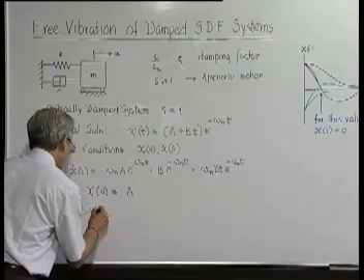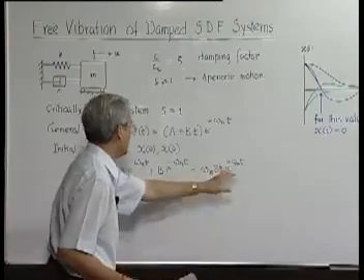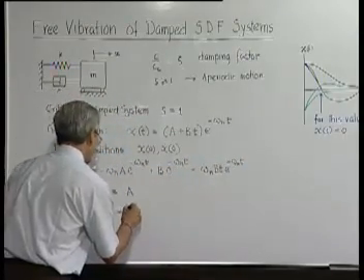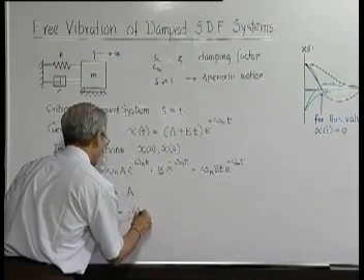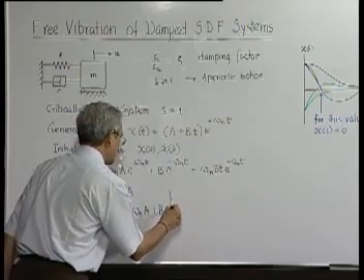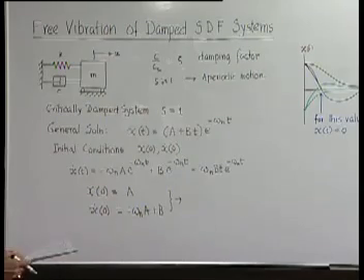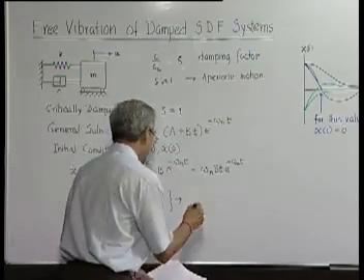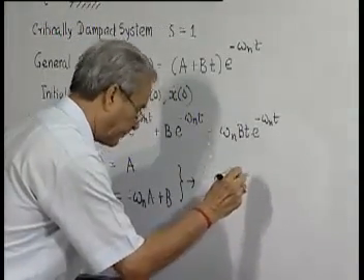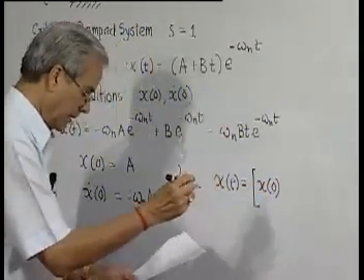And x dot 0, when you put t is equal to 0 here, this term goes, this becomes b, so it will be b minus... so these two equations can be solved very easily to give the final value, and the general solution becomes of the form A is this,